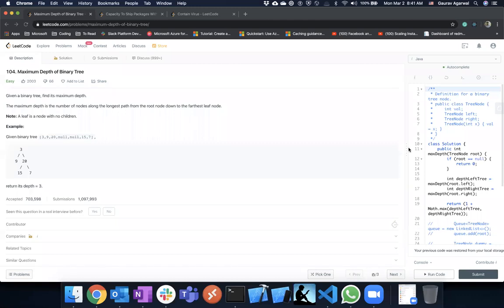What's the space and time complexity in terms of BFS? BFS, it will be O of n. Is time complexity. Right. What about space? Space also O of n. Why O of n? Because we are having a queue, right? And then we are putting each and every node. Not exactly, we pop out the node once we put 3, we pop out 3 and then put 9 and 20. So, oh yeah, so log n.